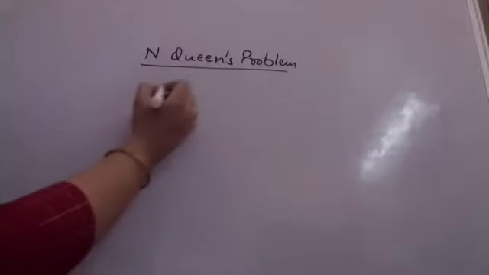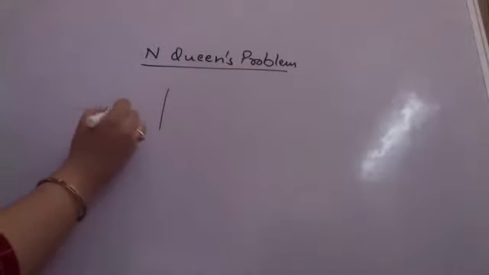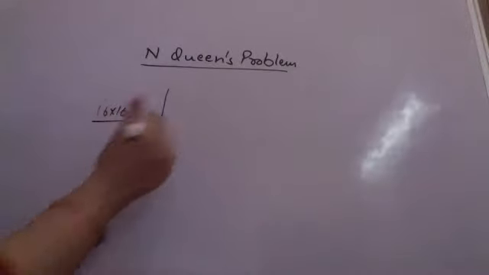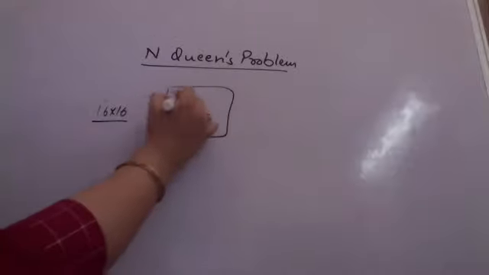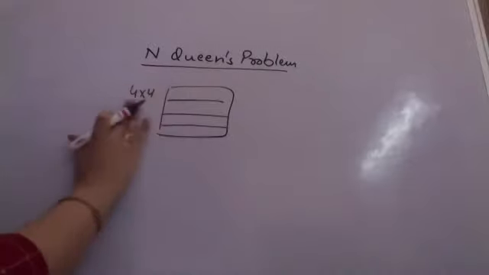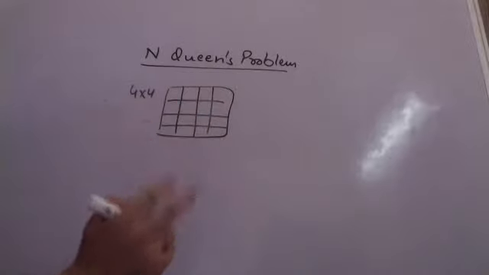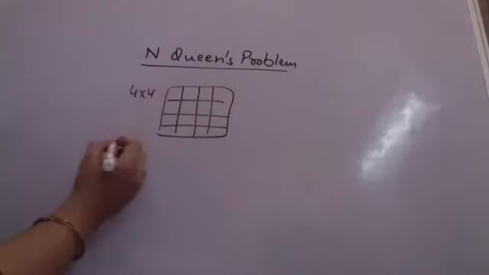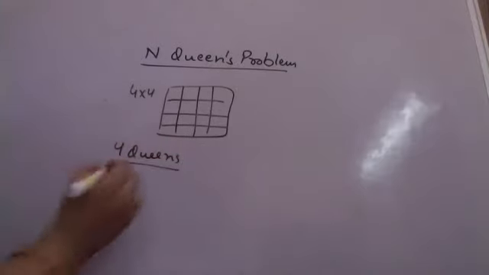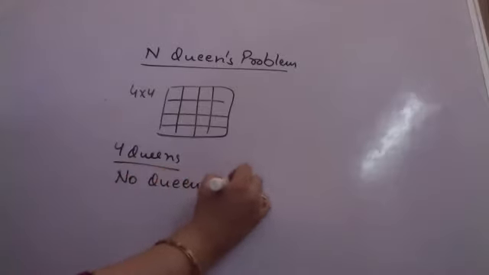Now understand, for now the chessboard is 16 cross 16. A real chessboard is of size 16 cross 16, if you all know. Just for the sake of simplicity, I am considering a chessboard of size 4 cross 4. And unlike a real game in which there are only 2 queens, in a size 4 cross 4 chessboard, I have 4 queens that I want to place on the board such that no queen is under attack. No queen should be under attack.